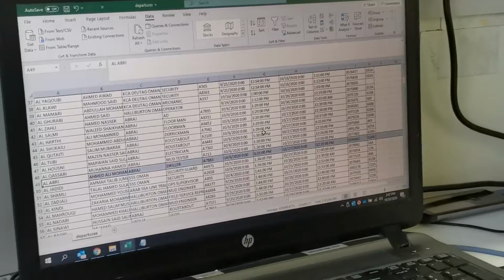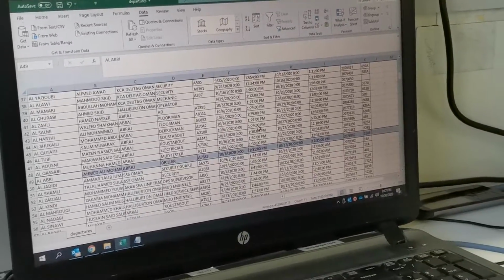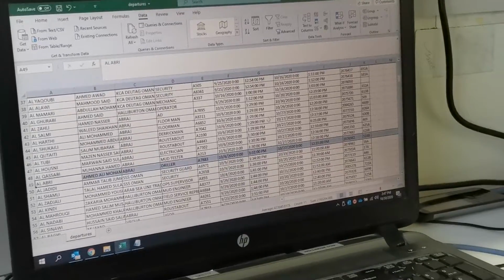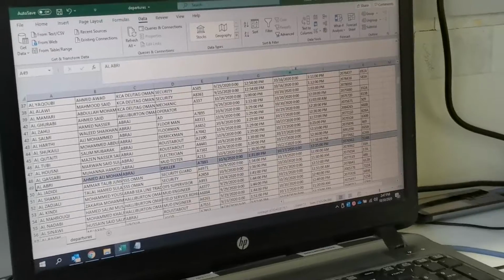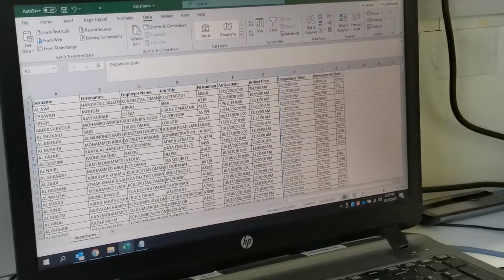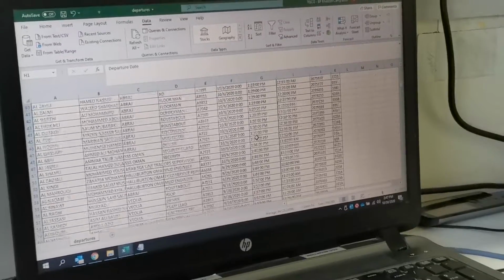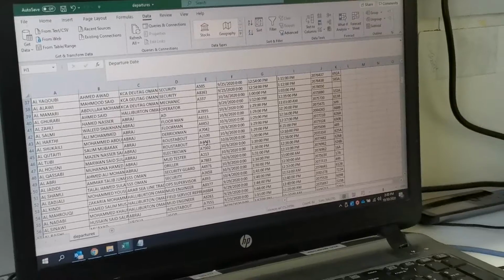But suppose some guys check in after 1:30 but check out in the night, that one you don't delete. So you have to check the time. Then hide the departure date. Check who checked in after 1:30 and when they check out.